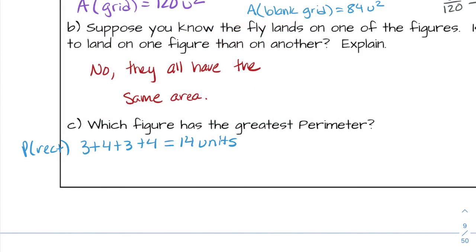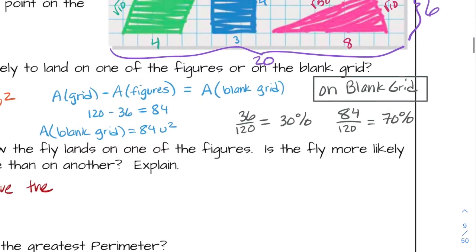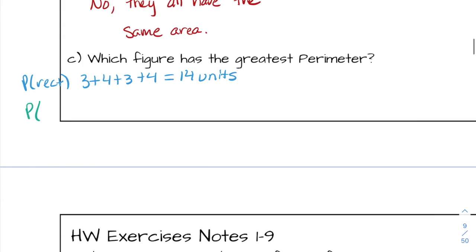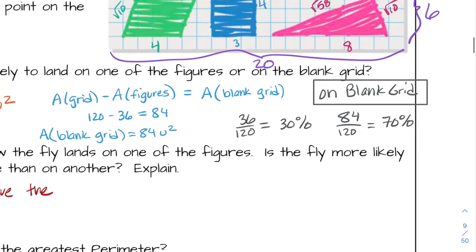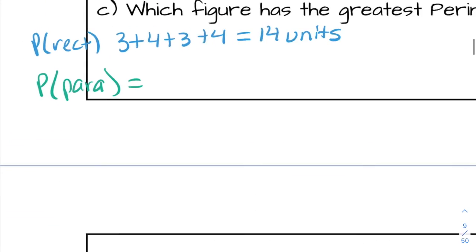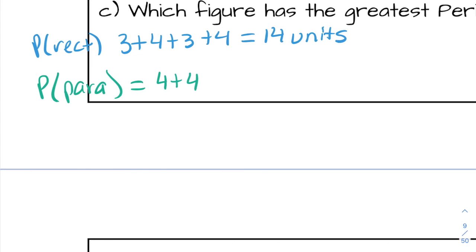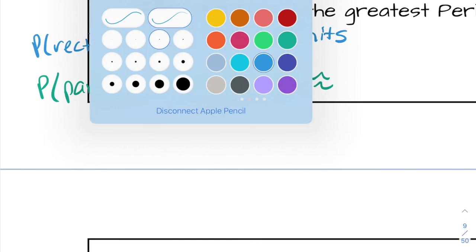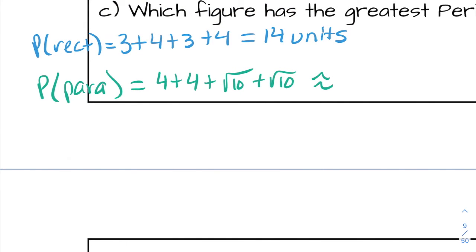Then we have the perimeter of that parallelogram, which is 4 plus 4 plus the square root of 10 plus the square root of 10, which approximately equals